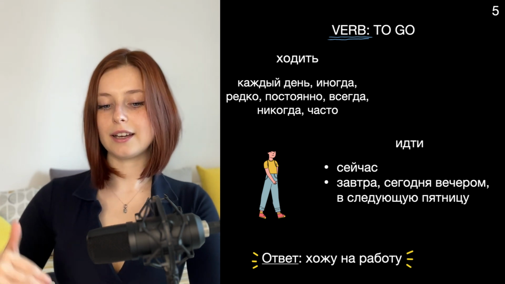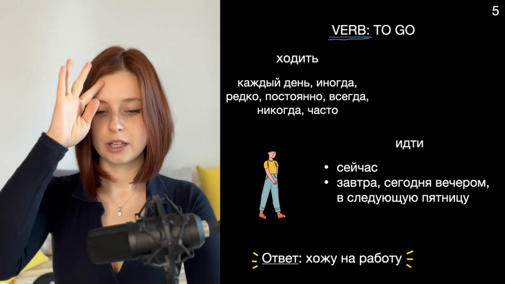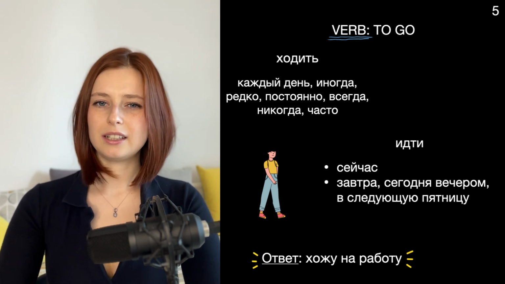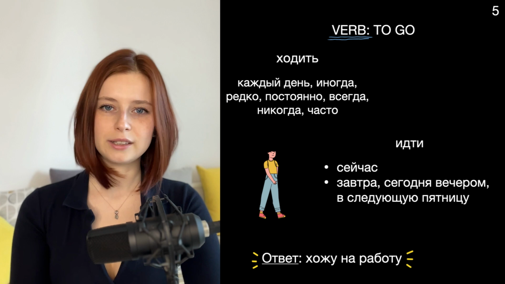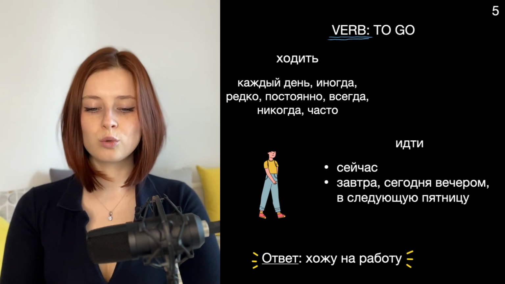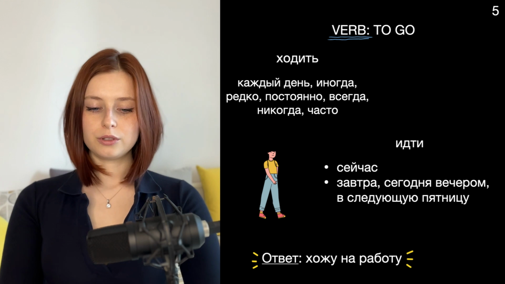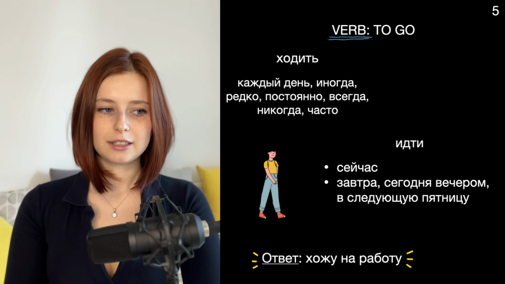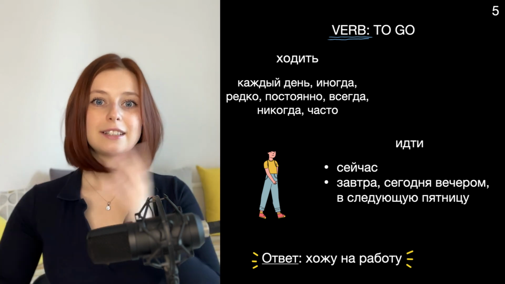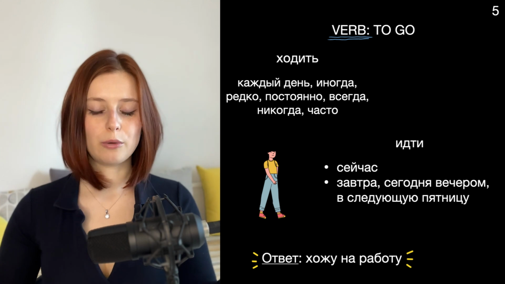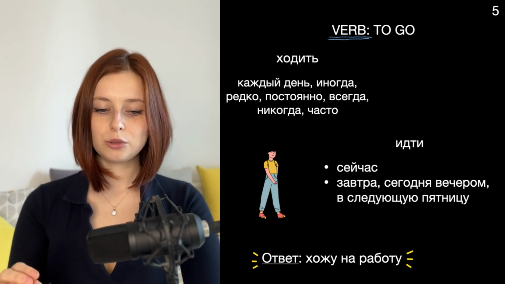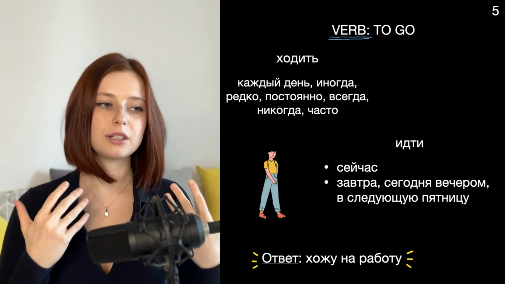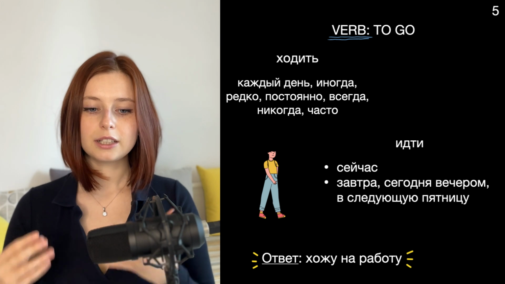Or literally, I every day go to work. And you had, if I remember correctly, a choice between идти or иду and ходить or хожу, right? So this topic, verbs of motion, is a topic for another day itself, because it's way too complicated. But you can never confuse whether you need to use идти or ходить, if you pay a little bit